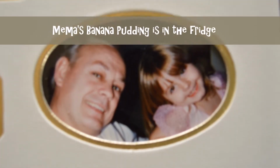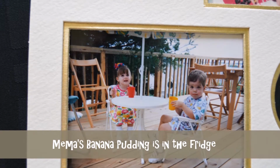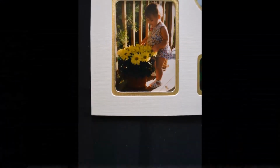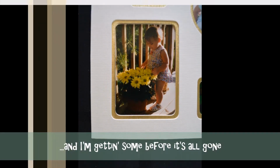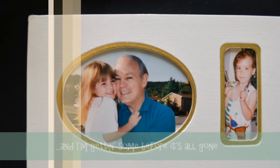Eggs in a Tupperware container sitting in the fridge. Lid on top, sealed up tight. Gotta have some banana pudding tonight, 'cause I like banana pudding. Ain't nothing better than banana pudding. Can't get...